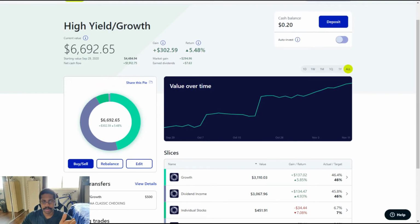And at these small numbers, it's only a couple $100, which doesn't make a big difference. But if you do this year after year after year, and your money's growing so much faster because you have more money invested, if you have $500,000 invested, and then all of a sudden you borrow 20% of 500,000, now all of a sudden you have an additional